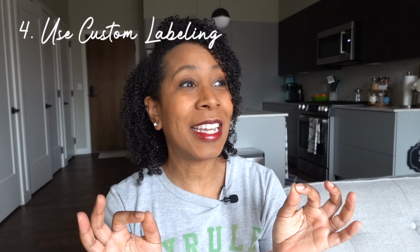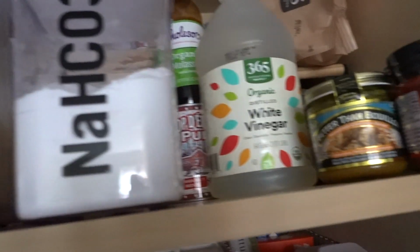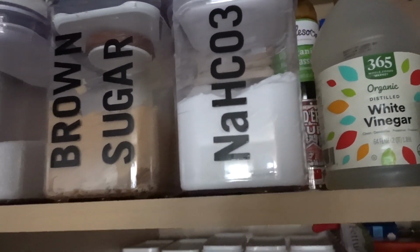The next thing you can do to organize your pantry and make sure everything is seen and found is to use labeling. Labels help. I'm a big fan of the label. I mean, I'm a professional organizer, of course. A label makes it so much easier for people to put things back, to know where things are,